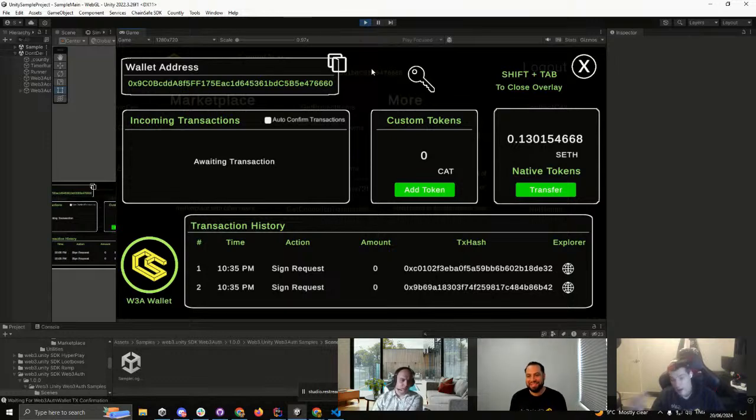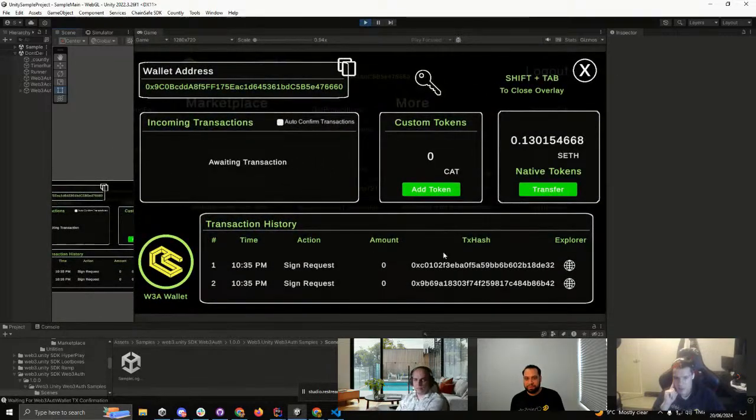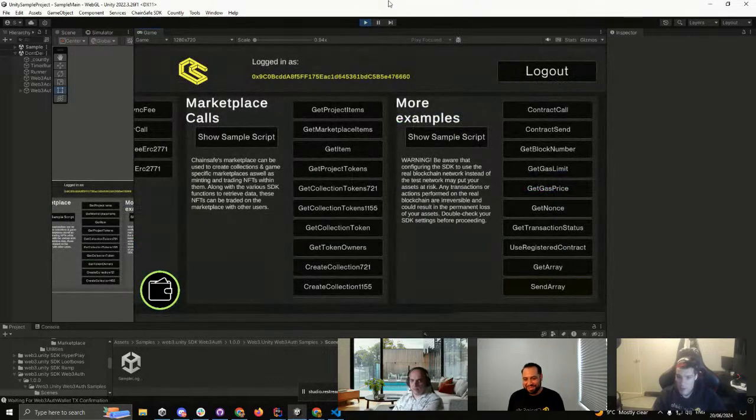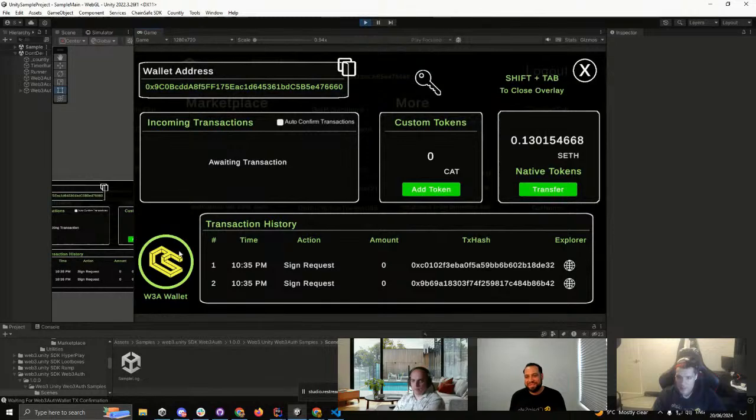But this is just a cool way to ease the process of new people getting into the SDK or getting into Web3, because they might not know what a wallet is or how to load tokens onto it. You can pretty much just give them this. They already have their wallet sorted out. All they need to do is go to a faucet and plug their wallet address in to get some testnet tokens if they want, or if your game is on mainnet and you're teaching people how to use that, you just write a little quick guide on putting tokens into your wallet, and then they don't have to worry about anything else. It all just works, which is pretty cool.